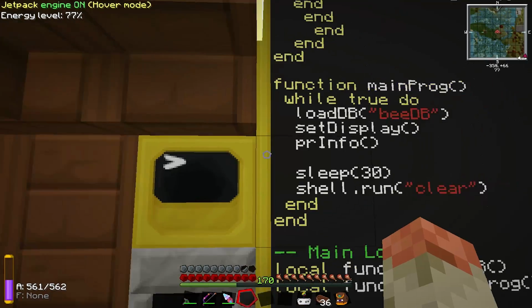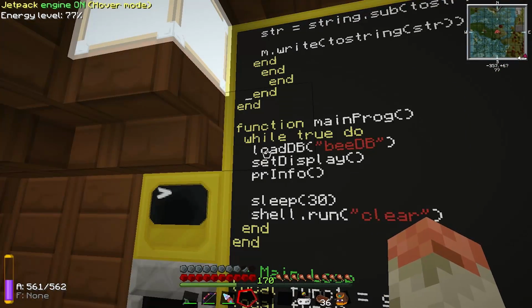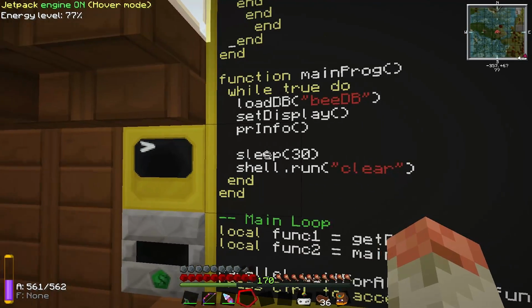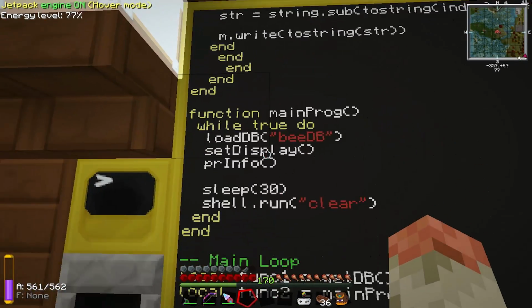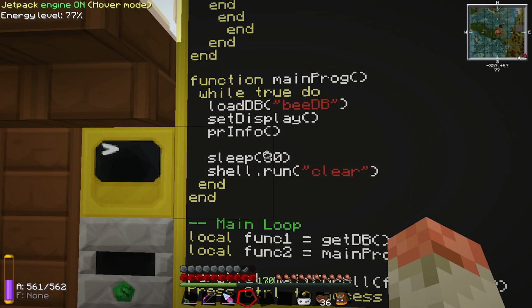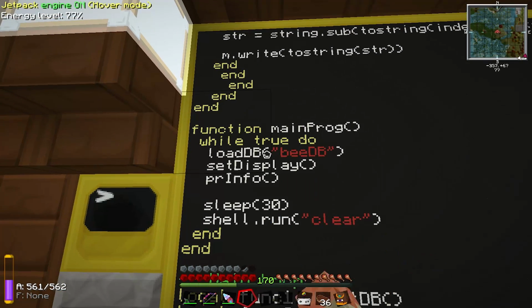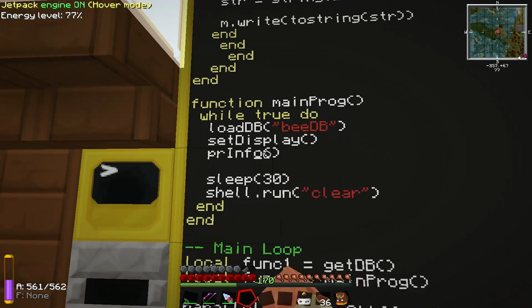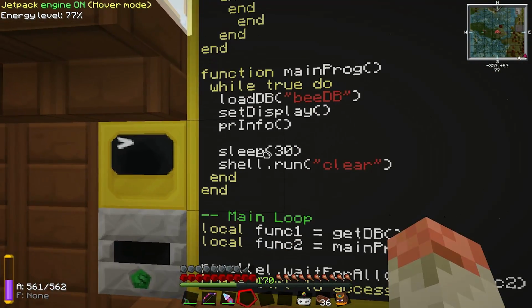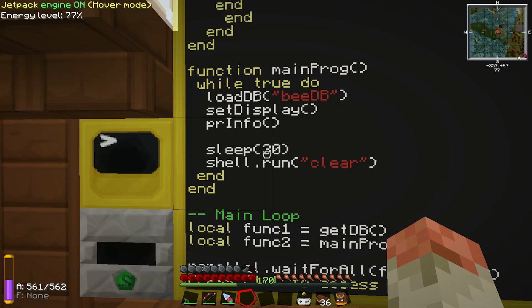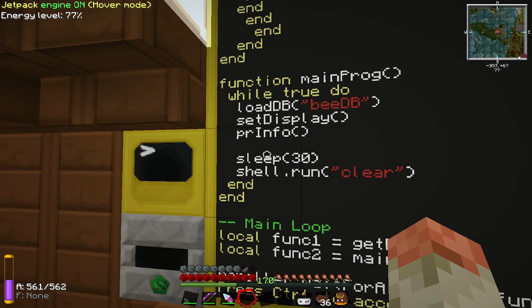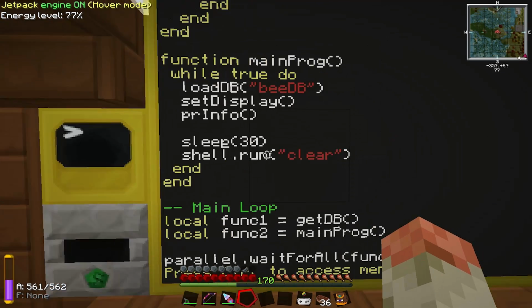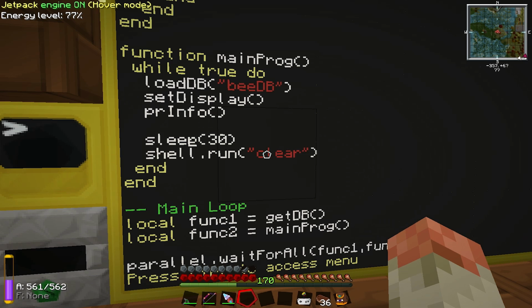And then we get to the main program, which basically is, while true, do load the BeeDabase, set the display, print the info, wait 30 seconds, and then clear, and it would loop back and run it again. So it loads the information, sets all of the class, species, all that stuff, prints the info, and then it pauses while, again, every 30 seconds it's waiting for updates. It'll check to see if it updated every time. And then it runs the clear command,